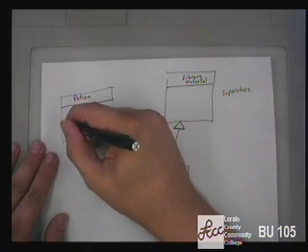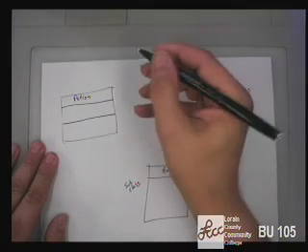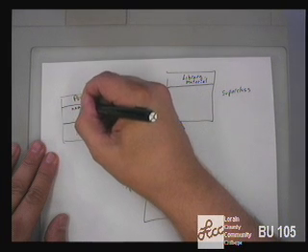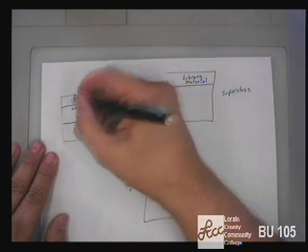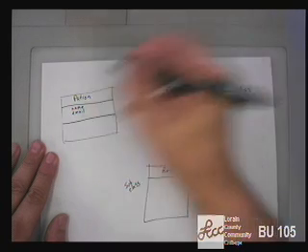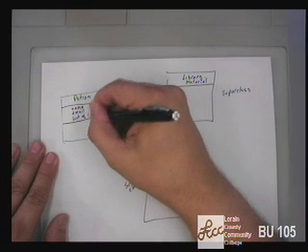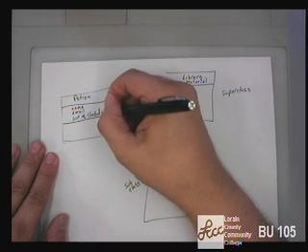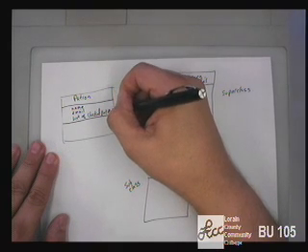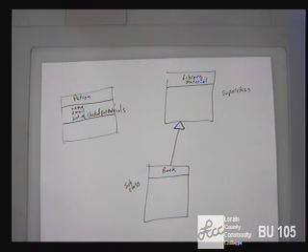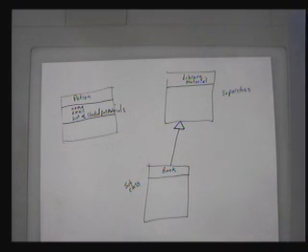So, a patron might have an attribute of a name, an attribute of email address, let's say, and an attribute of a list of checked out materials. It probably would be beneficial to put the type of these things too. Like a name is a string, an email is a string. A list of library materials is an array list of library material objects.